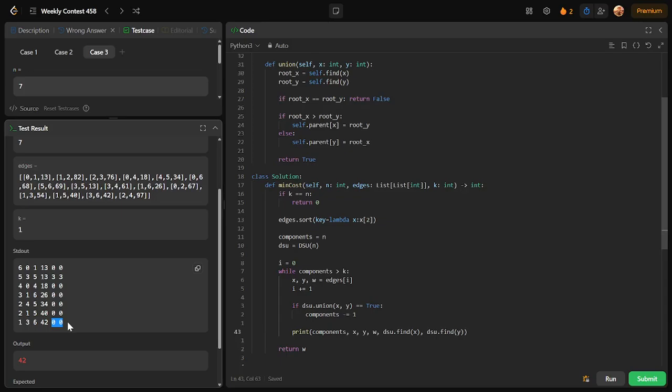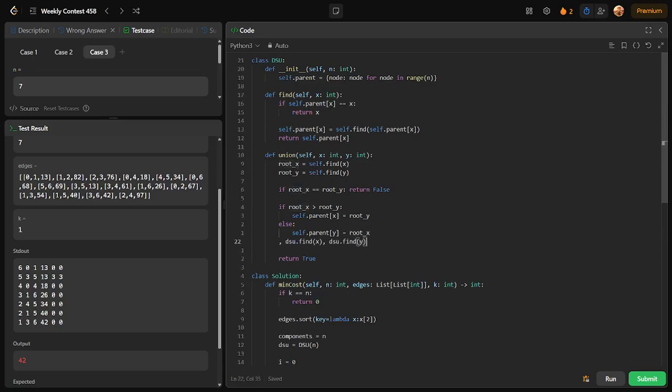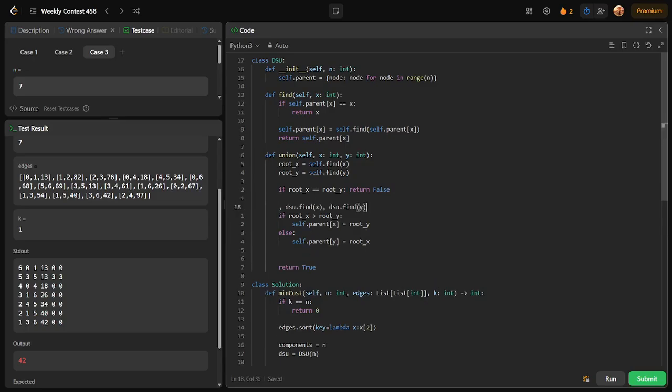Okay, the find is the same thing. It's both 0 and 0. So that is after connecting, right? Or let me just add that inside union itself. So inside union, they're different, they're different. So we're gonna print,